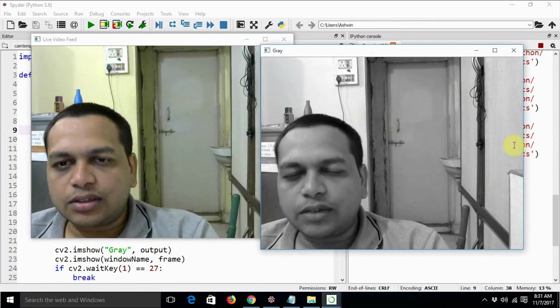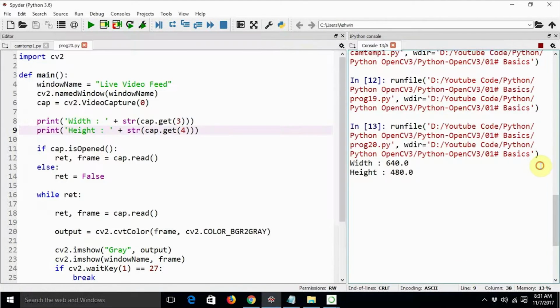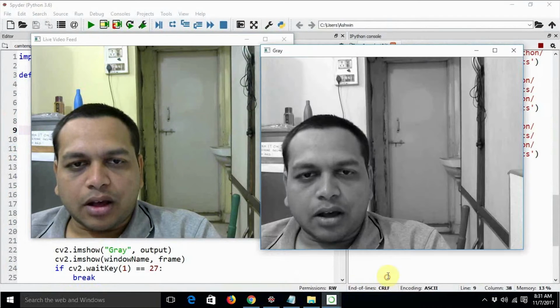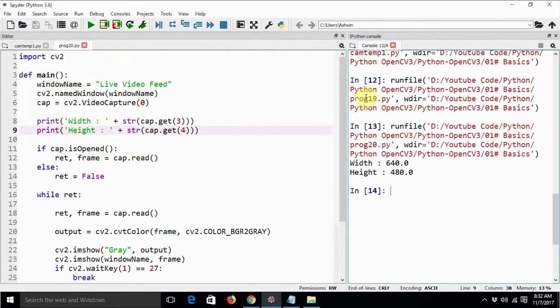So this is the video output. We just need to ignore this video output and see what the resolution is. What is the default resolution? The default resolution seems to be 640 by 480. That's why the frame rate is very high. So let's escape, close this program, and see now how to set the resolution.